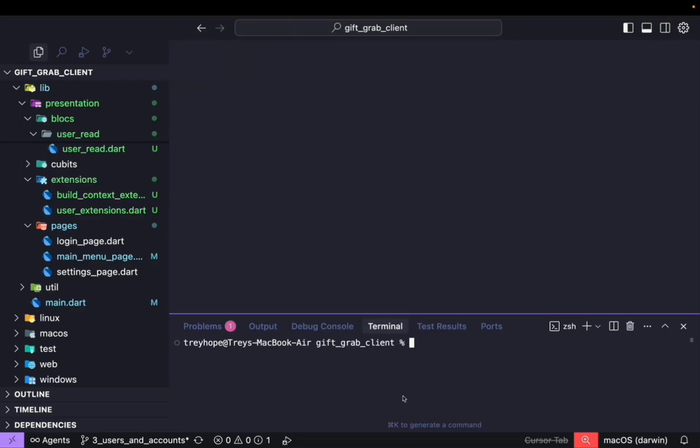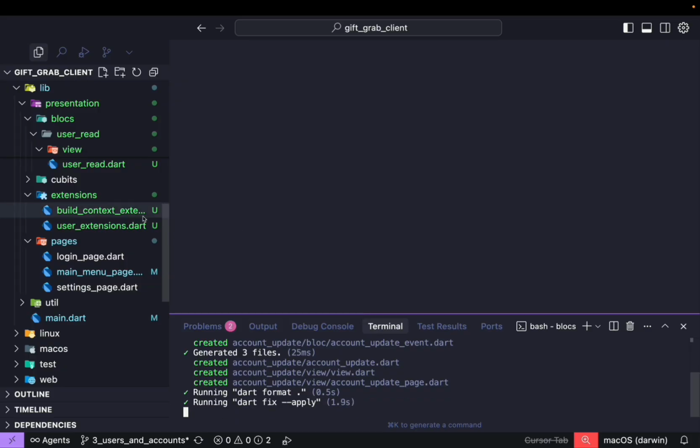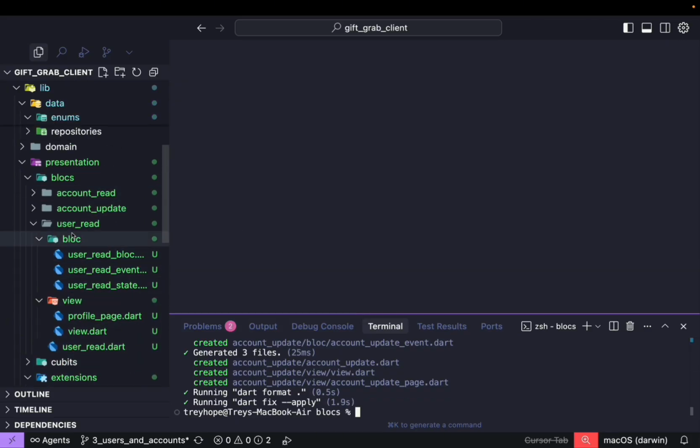So I already have this in here from the last time I created a block. We'll call this, actually, let me make sure I'm not in the right directory again. Presentation, blocks, and this will be called account update. Account update. Now let's go to the account update that was created,